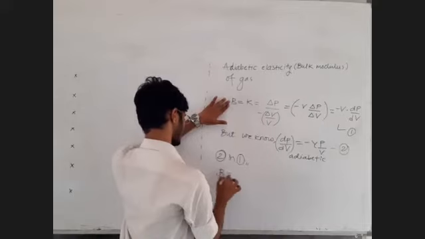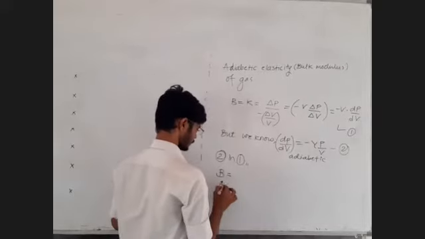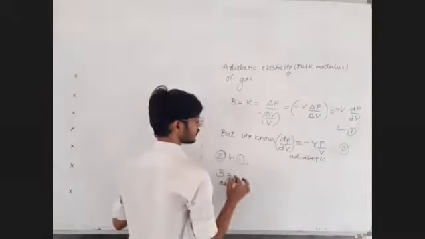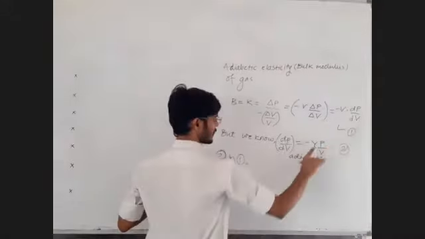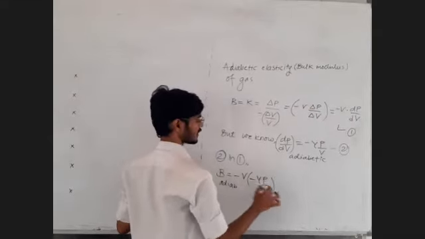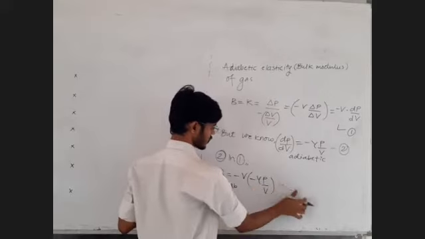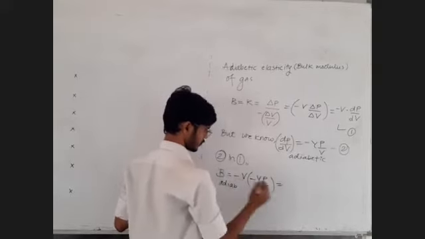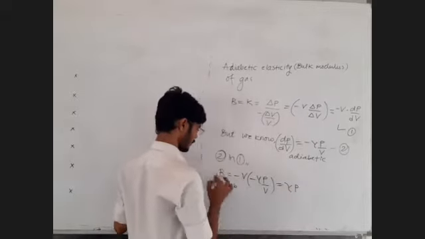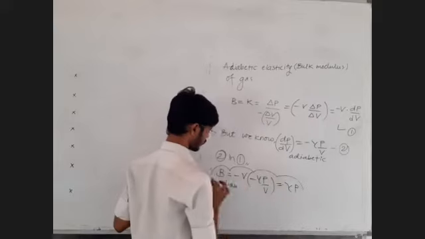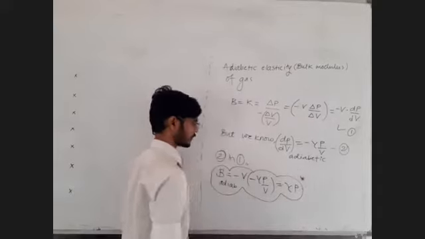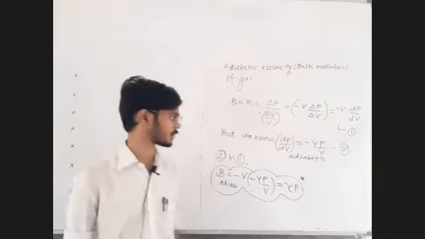So, sir, the bulk modulus of adiabatic will be equal to this: minus V will remain as it is. Sir, this dP by dV is minus P upon V, bracket complete. Sir, minus cancel. That must happen because bulk modulus is a positive quantity. So minus cancel, V cancel. Sir, the answer is gamma P. We already knew this fact, right? But we didn't derive that fact. Now we derived it. Let me know in the chat box, clear and written.